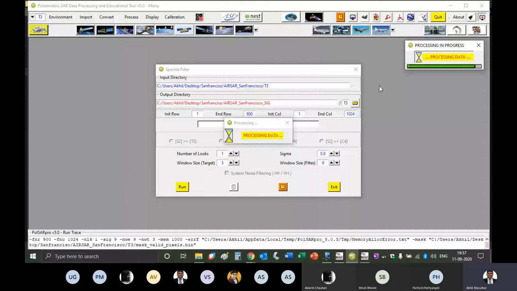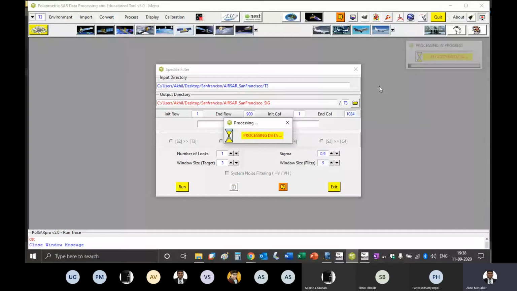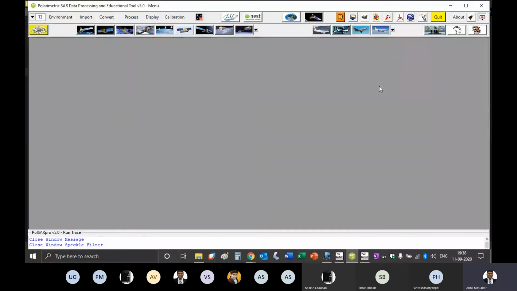AirSAR data is from an airborne platform, and ALOS PALSAR-2 data is from a spaceborne platform. So you can write a paper on this, that I applied classification algorithms with the same training areas, one for airborne and one for spaceborne, and see which gives better classification. So you can write a technical paper on this.